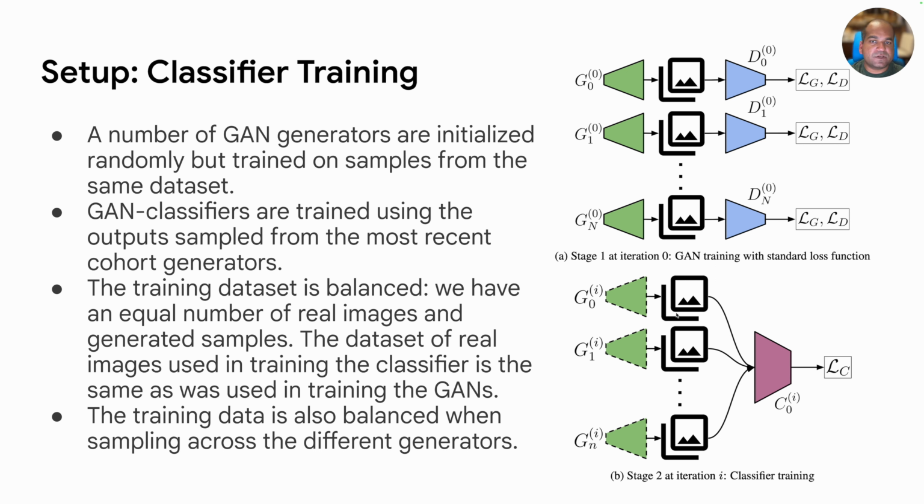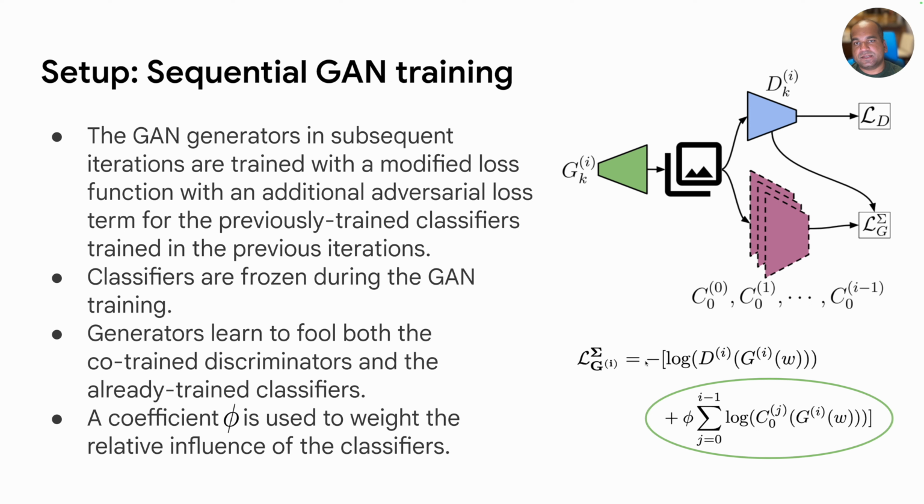So to go over the setup, we are training a number of GAN generators, initialized randomly but trained on the same dataset, same architecture but trained independently. And then we are training classifiers on samples from these trained GAN models. There's nothing special about the GAN classifiers. We are training on a balanced dataset of real and fake images, and it's also balanced across the GAN instances. In the next step, we are modifying the GAN training loss to train new GANs that fool